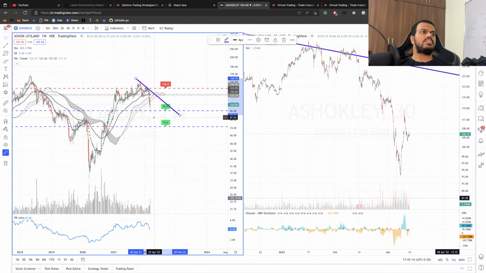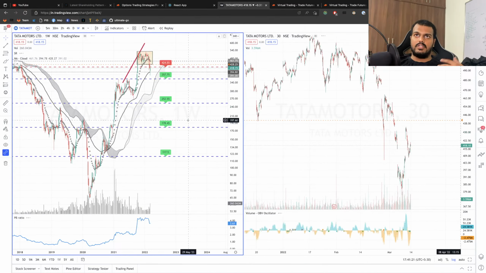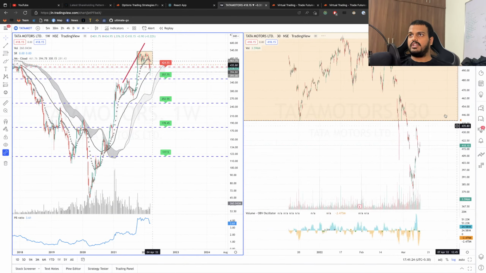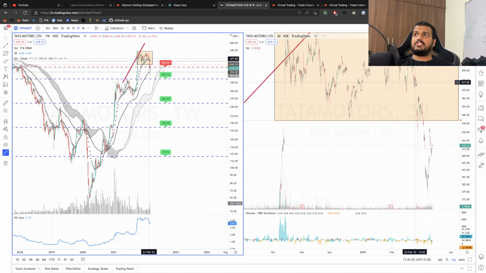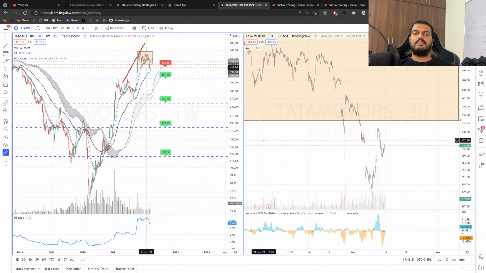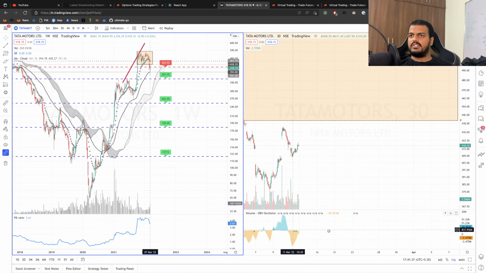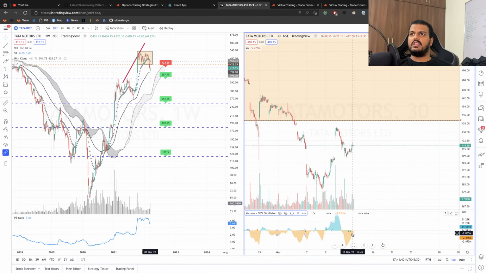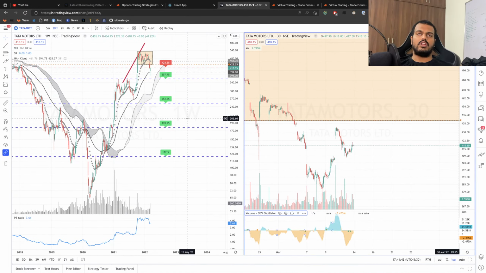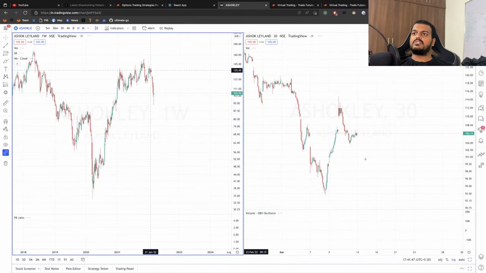And overall, not just Ashok Leyland, the overall auto segment is down. If you look at Tata Motors, even after the market consolidated, it has not yet recovered from the crash on the 23rd. It is still trying to pick up, but ultimately it is in a consolidation area. Overall, I think they might pick up, because the volumes here indicate a good consolidation area. But in the case of Ashok Leyland, it has to do something like this.